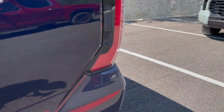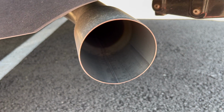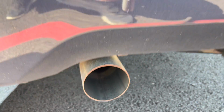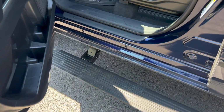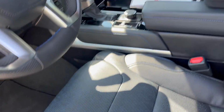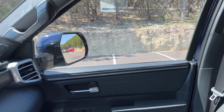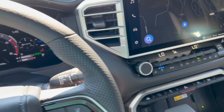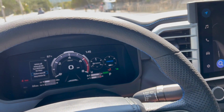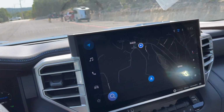And then here, guys, since it's on, it's the sound of the normal exhaust. Pretty big tip, honestly, for it being a V6. So opening up the door, we are greeted with the automatic steps, the beautiful interior of this blueprint color. Oh, cooled seats already on. Perfect seating position. I know I'm talking all positive with it and we haven't even driven it yet, but